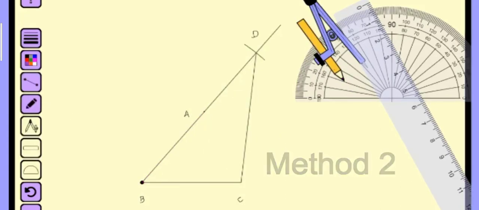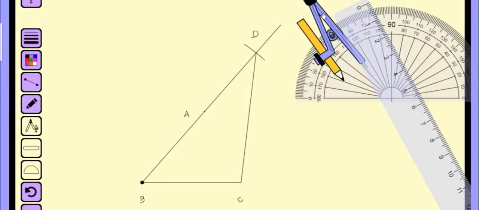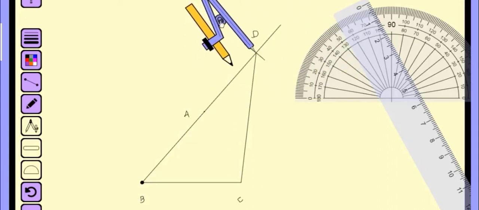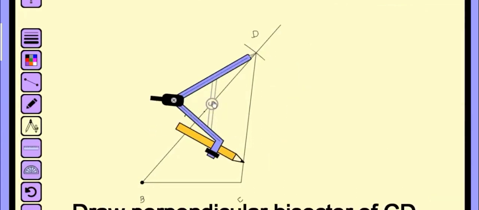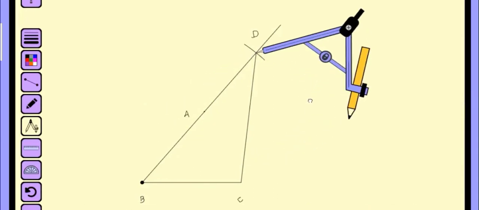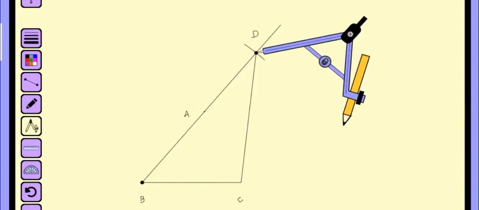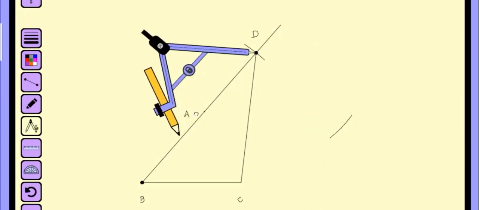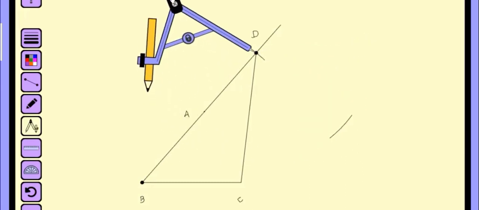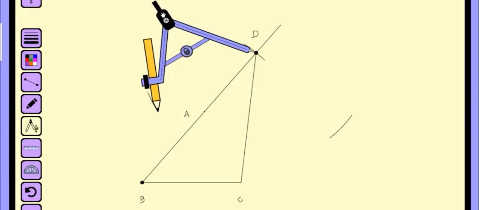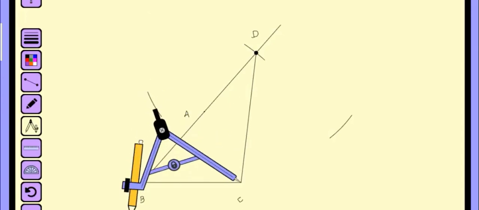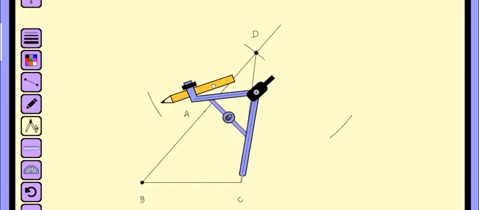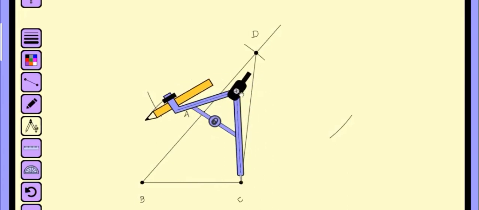Now how to construct this triangle BDC, all of you know. Firstly, BC; at point B you have to take 50 degrees. From that, B to D is AB plus AC, the sum of the two sides, which is BD. After that, take the perpendicular bisector of DC by taking more than half the distance. From D and from C you have to draw arcs. After drawing, it is the same; only the method is changed. This is in your textbook: you have to draw the perpendicular bisector of CD.